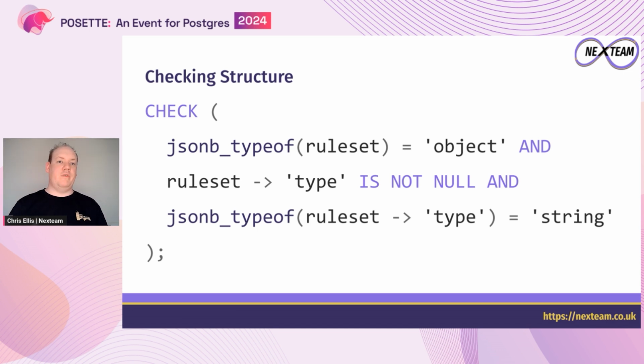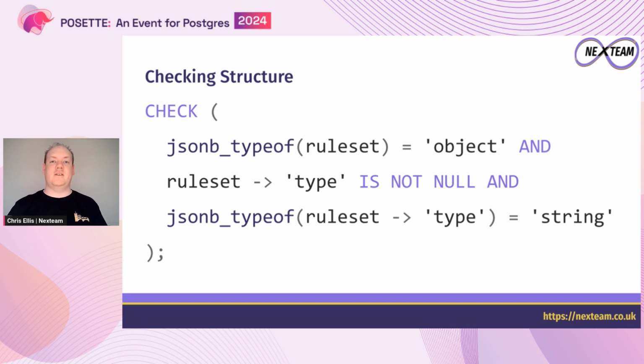Well, we've learned enough already in this talk so far to be able to say, I know I can assert the type of the root of this document. I know how to look a property up in the document, so I can check that it's not null. I can check that it's defined. I can then check the type of that property. So we can call typeof on the result of that property lookup, right?